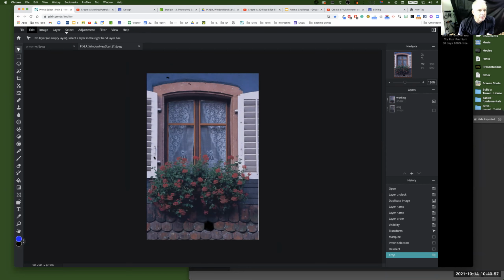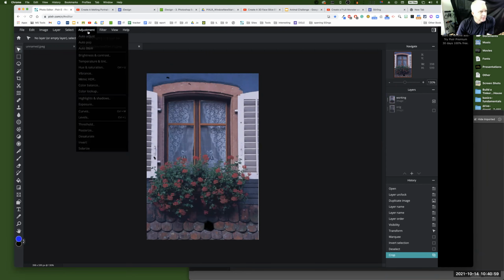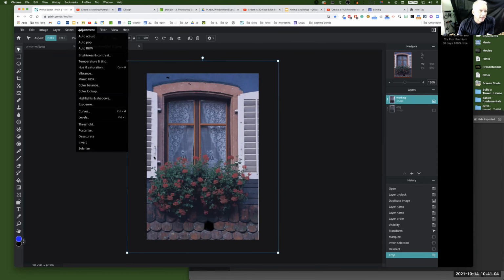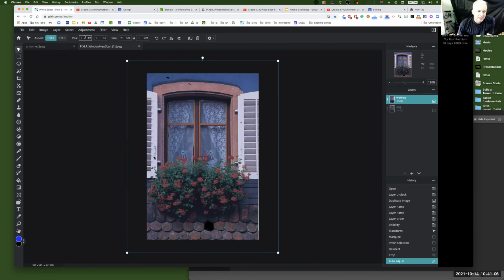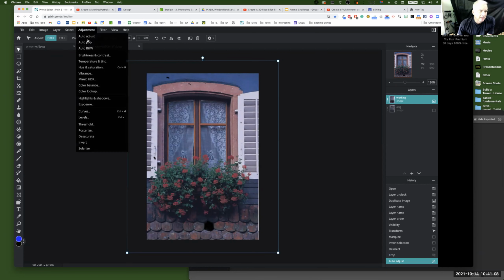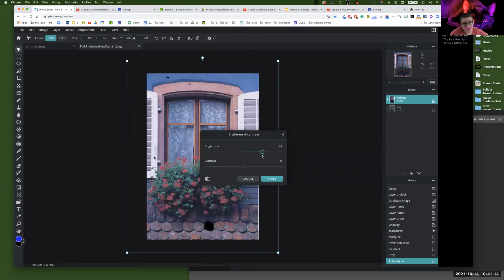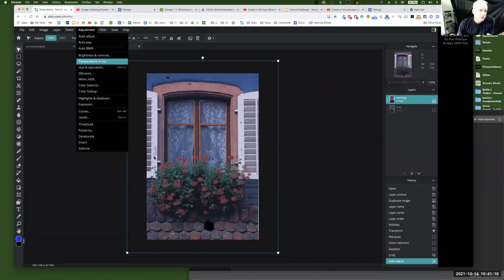So one of the options at the top is something called adjustments, and I have to be on a layer for it to show adjustments. And we could try auto adjust, didn't really do anything. There, some of these are going to look familiar. Brightness and contrast, yeah, you could use that. I use that. It looks cool now. Okay, you could use some of the other ones. Well, we're going to show you two that are kind of more advanced. The one that's really